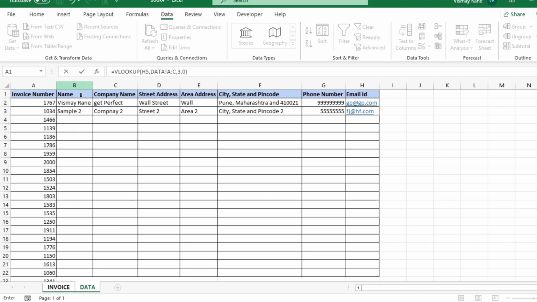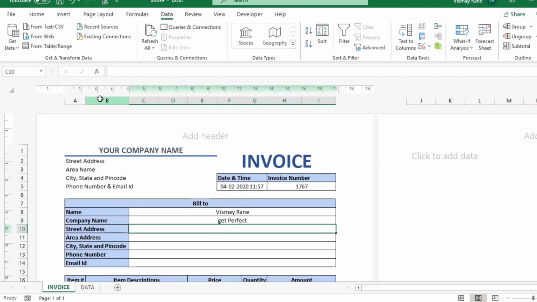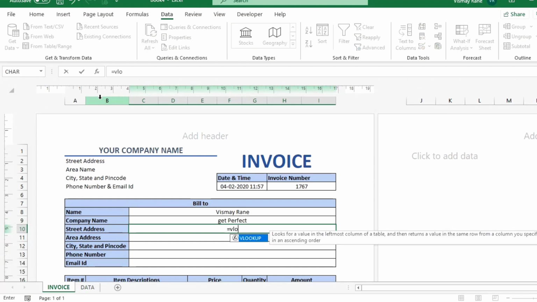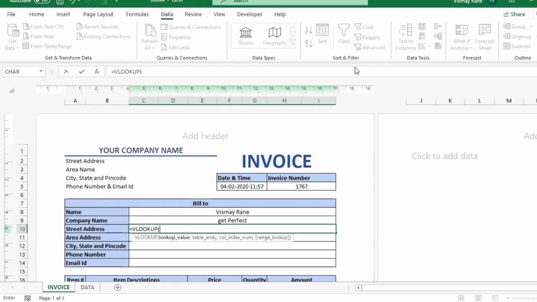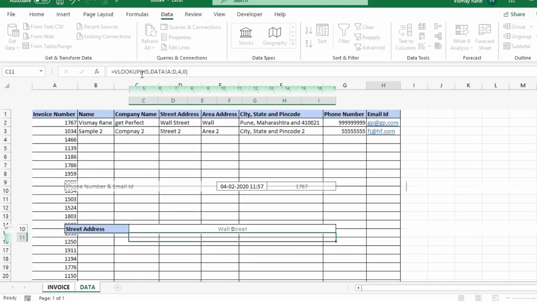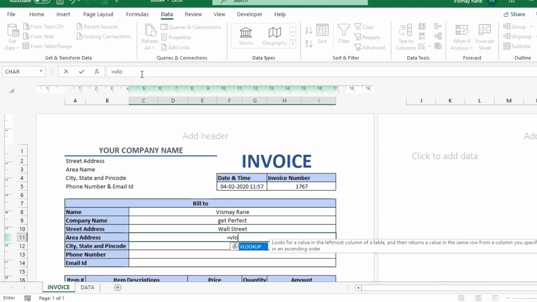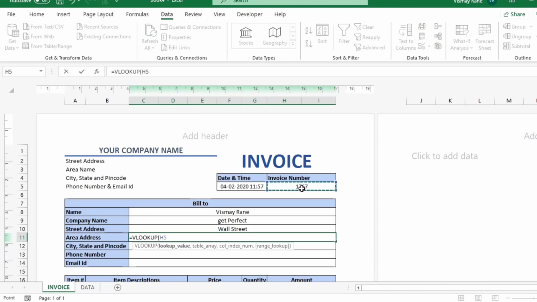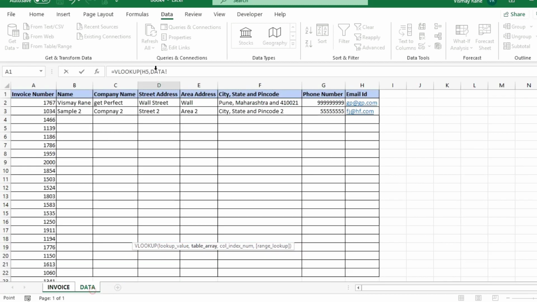Remember, all this that I'm showing is a one-time activity. Next time you just have to enter the details in this data list and you are done. Street, comma 4, okay. VLOOKUP again, the invoice number, data, comma 5,